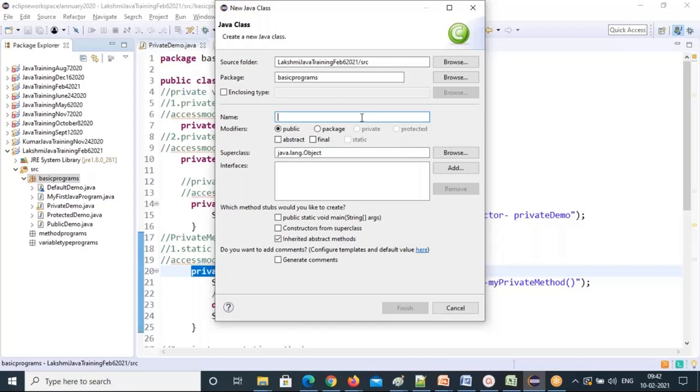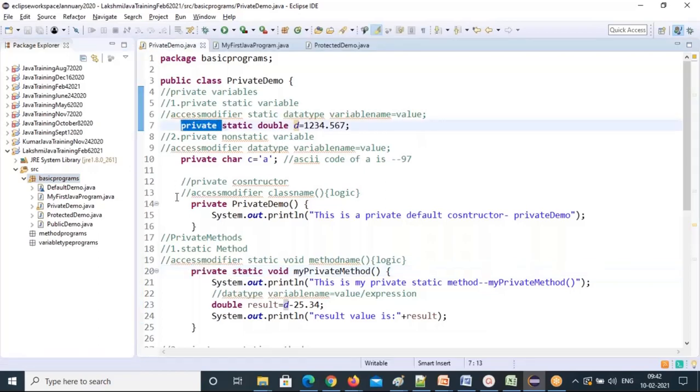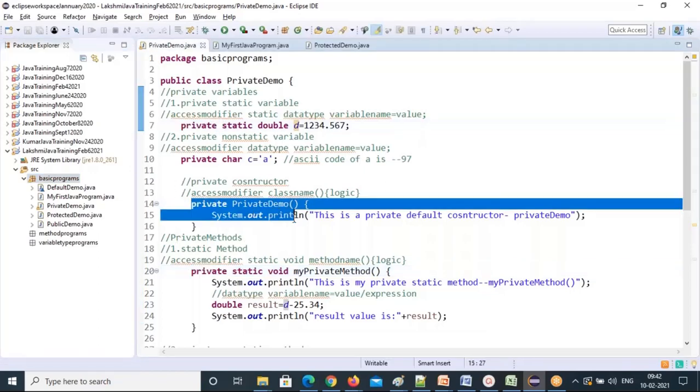Only two types of classes you can create: one is a public class or a default class. Private is not applicable for a class, meaning there is no private class. There is no protected class. That's why they disabled it. I didn't create a private class, right? I created private variables, private methods, private constructor.